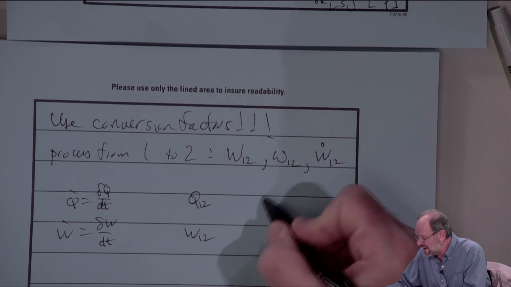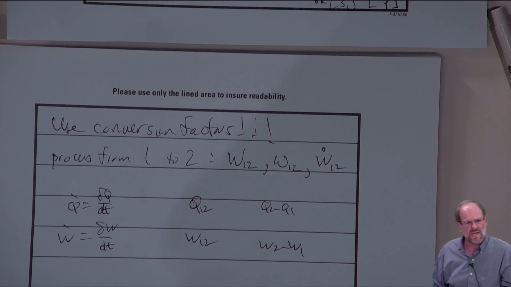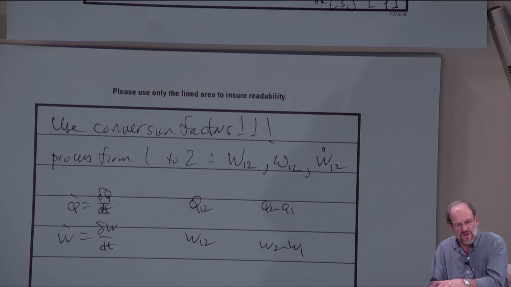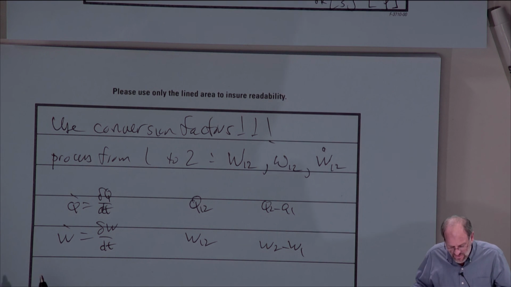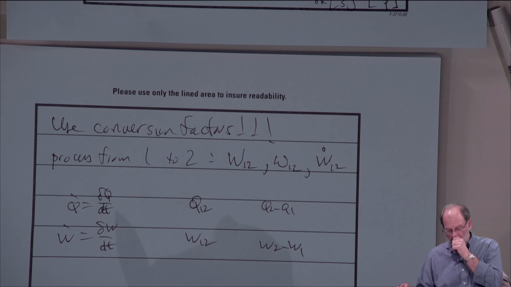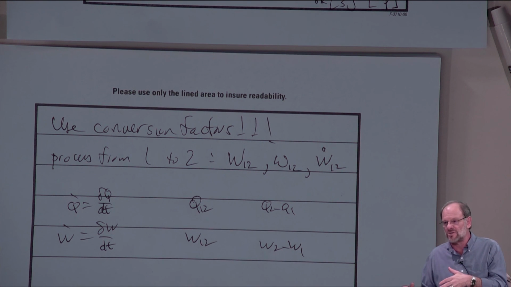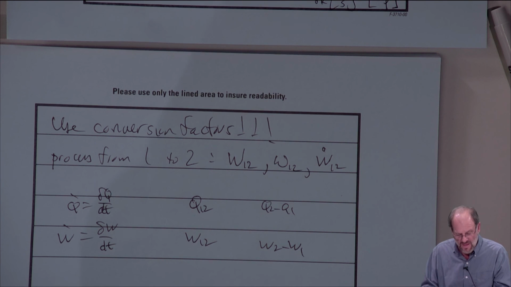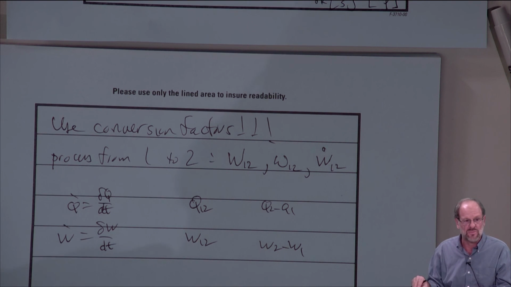Why didn't I write, let's say, q2 minus q1 or w2 minus w1, kind of implying the work at state 1 compared to the work at state 2, or the heat transfer at state 1 compared to the heat transfer at state 2? Well, there are actually specific reasons for that. From a thermodynamic point of view, only thermodynamic properties are point functions, meaning that they're differentiable. They do not depend upon the path of the process taken. They only depend upon the thermodynamic state.